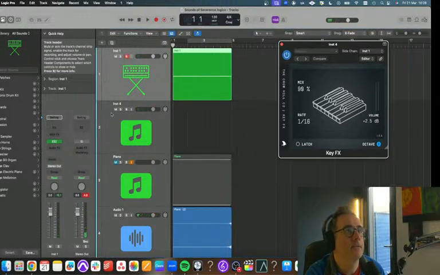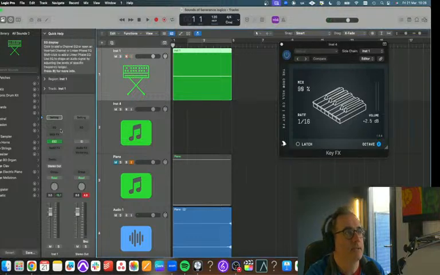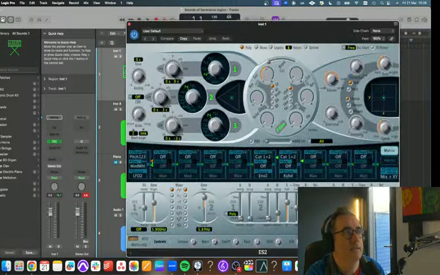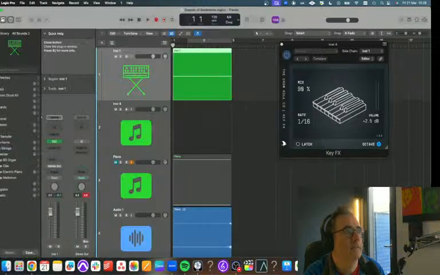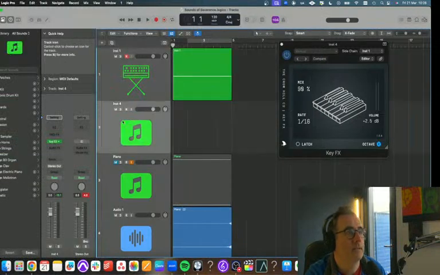So it's not doing a whole lot on its own. It's just an ES2 here. But that's not really what I'm looking for, more an effect than an overall sound.